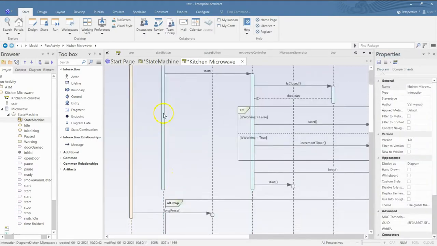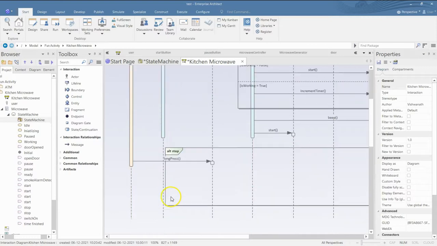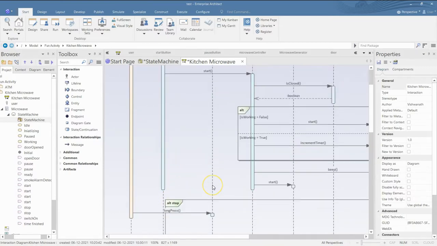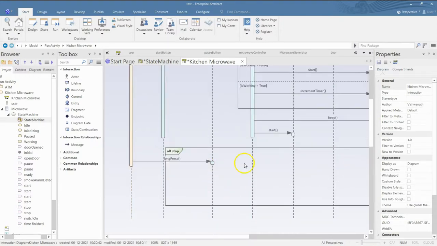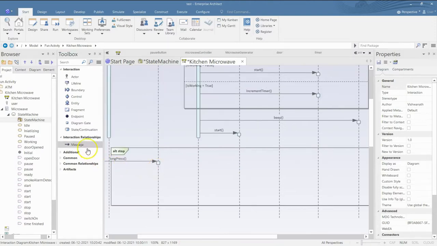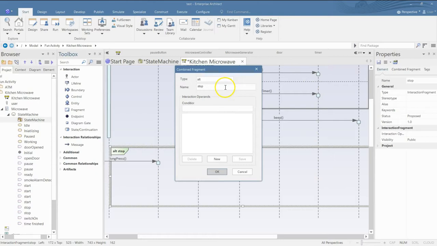Now here this is correct. Now here he gives a long press. Now when he does a long press on the pause button, it is as good as cancel, or rather stop. There is another way in which this can stop, when the timer runs out. So which means I need to put two conditions, right?